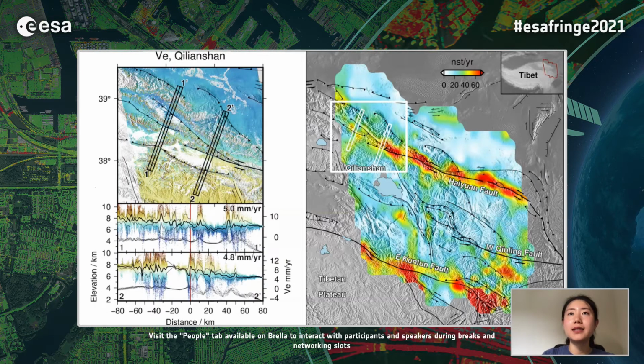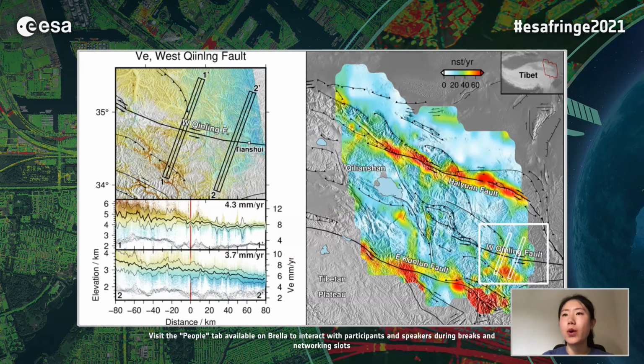If we move west, we see on profile 2 we can still observe some localized strain, but as we move towards profile 1, the strain is really more distributed, as suggested by the almost straight line profile across profile 1. Now, if we come to the west Qinling fault, again, we are seeing something more like a straight line,